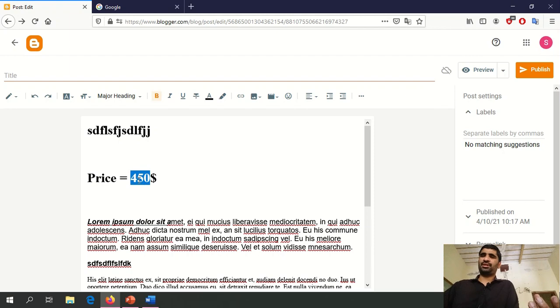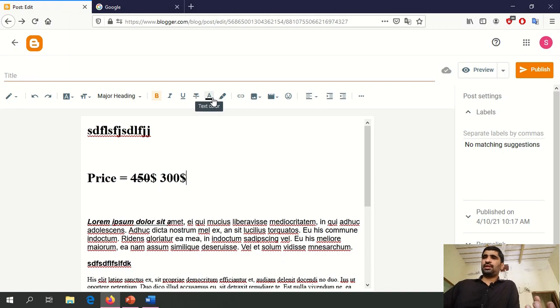You just select this text and then select this. Now you type another price. So strikethrough is used mostly for e-commerce, to show the new price. So here we show some kind of sale or any discount.